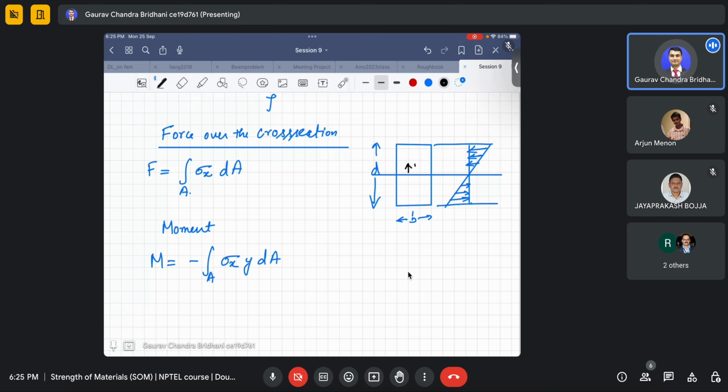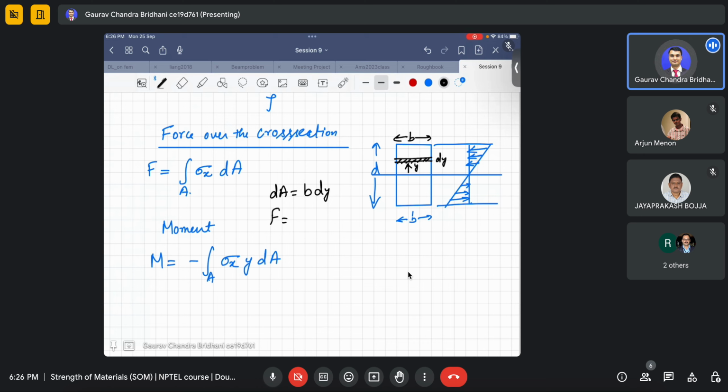So you will do, say at a distance y from the neutral axis, you take a very small strip. Now what is the width of this strip? b. And what is the thickness of this strip? dy. So now what does your dA become? dA becomes b into dy. That is the small area, and that you insert here, and then your limit of integration, this whole formula changes